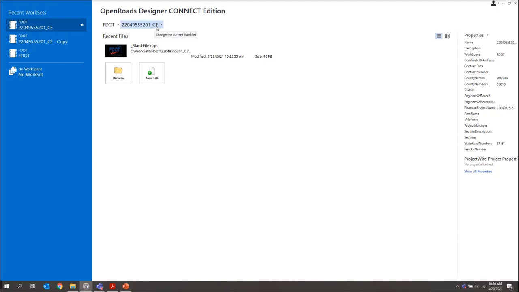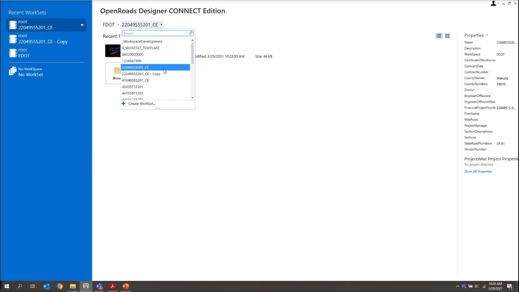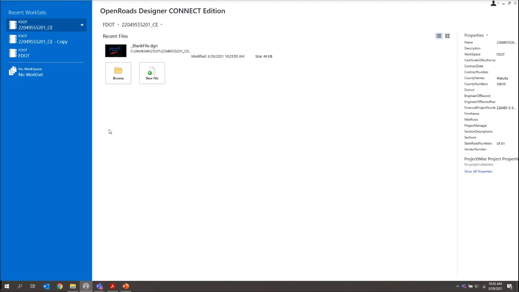And then we also want to select our work set to the dataset project, which is the 220-495-55201_CE.